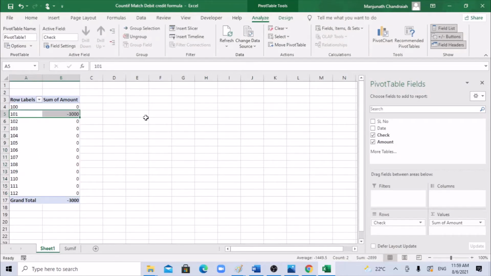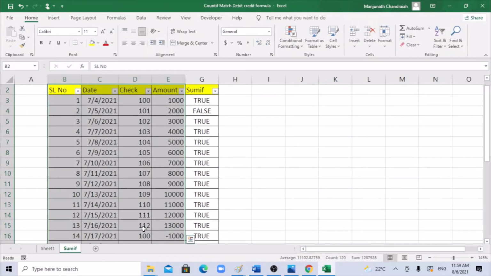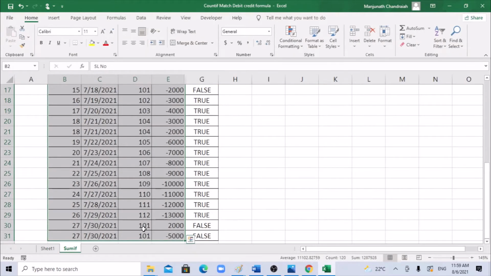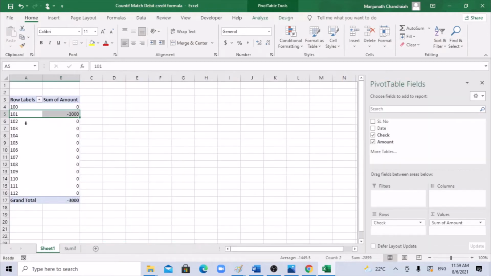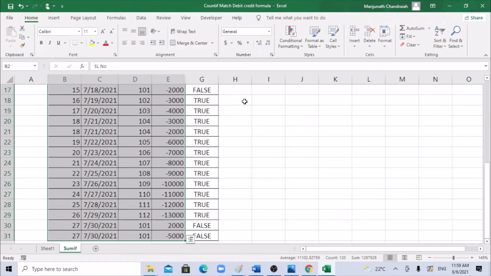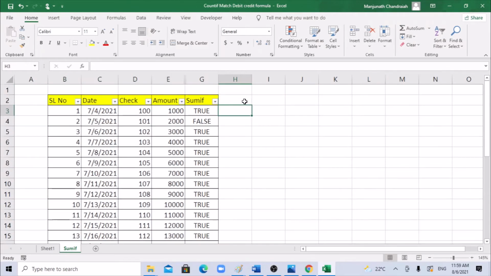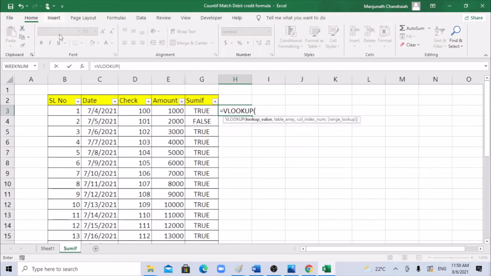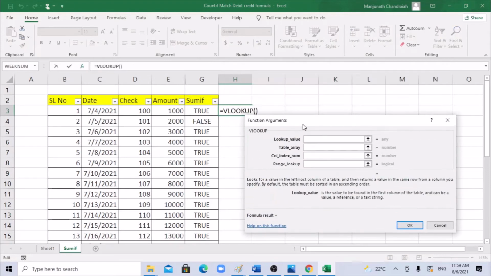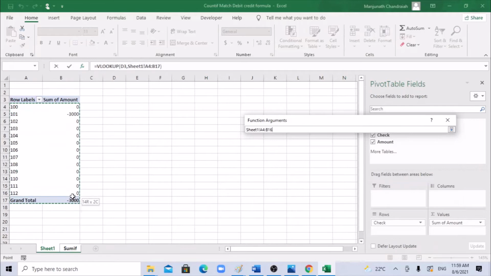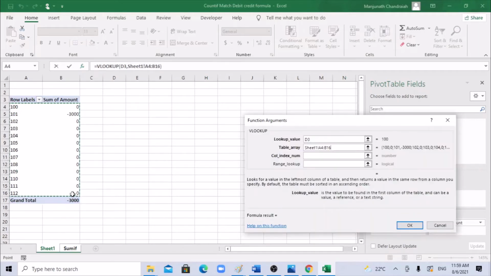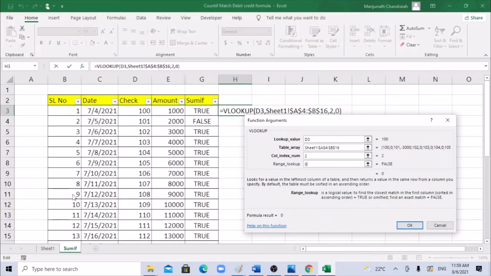Using a pivot table is much easier, but the only challenge is that I have only 10, 20, 27 line items. If you have 50,000 line items and you put a pivot table, you may get these check numbers. Once you get the check numbers, again you need to go here and put a VLOOKUP on this check number and pull this data.